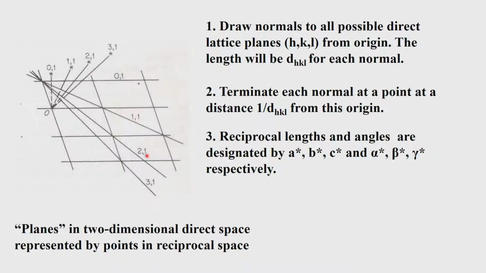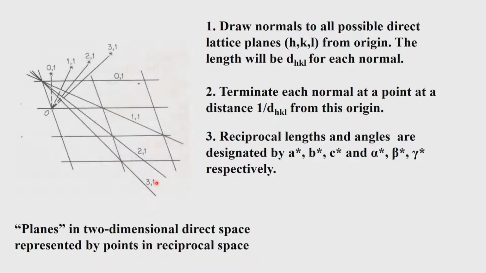Similarly, the 2, 1 plane is halfway along this. Remember the bread analogy. It is halfway along this and 1 unit down this, so it will be 2 and 1. If you consider this plane, this is 3 and 1. So, we now have represented the 4 planes 0, 1, 1, 1, 2, 1, 3, 1